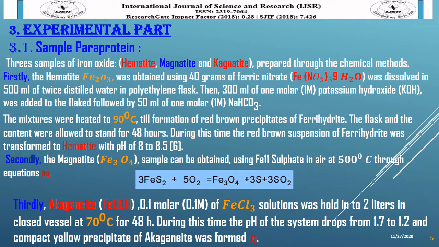Firstly, hematite, Fe2O3, was obtained by using 40 grams of ferric nitrate